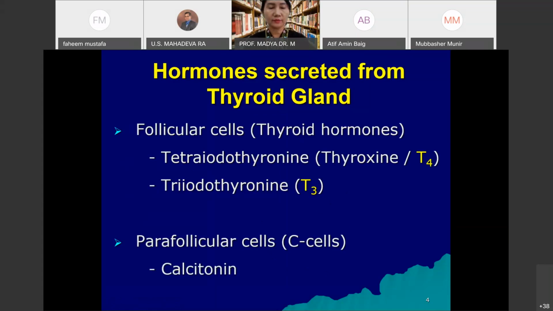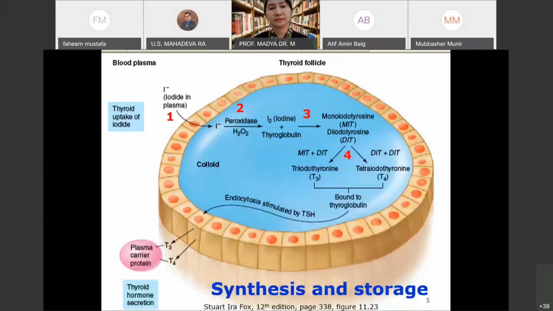Calcitonin is secreted from parafollicular cells. This picture explains the basics about the synthesis and storage of the thyroid hormones. From the plasma, there is iodide trapping, actively transported into the thyroid follicle. Second step is oxidation, and third step is